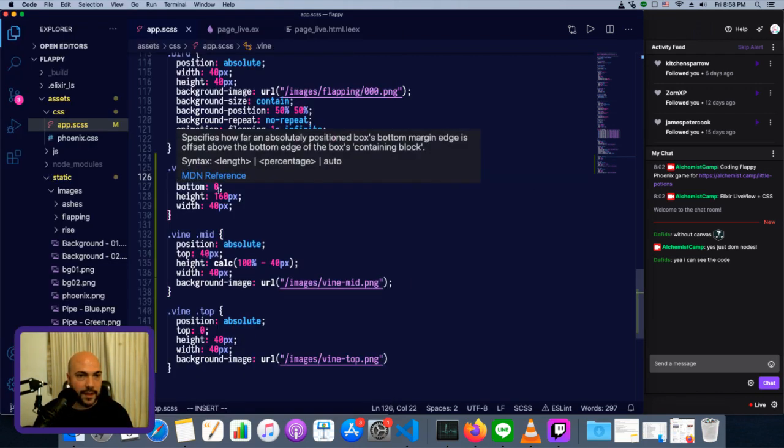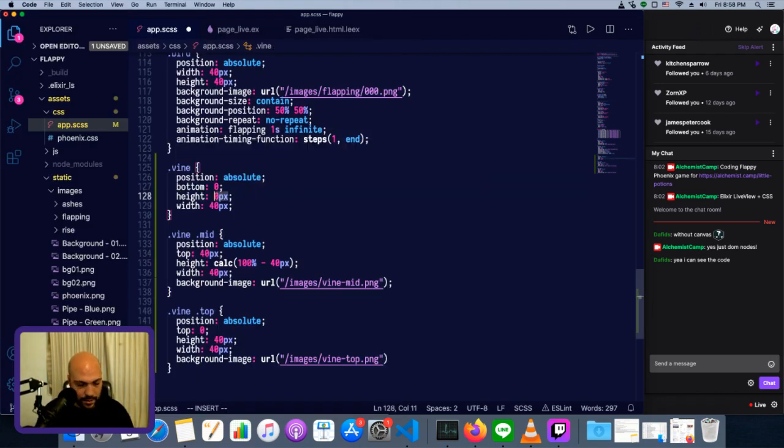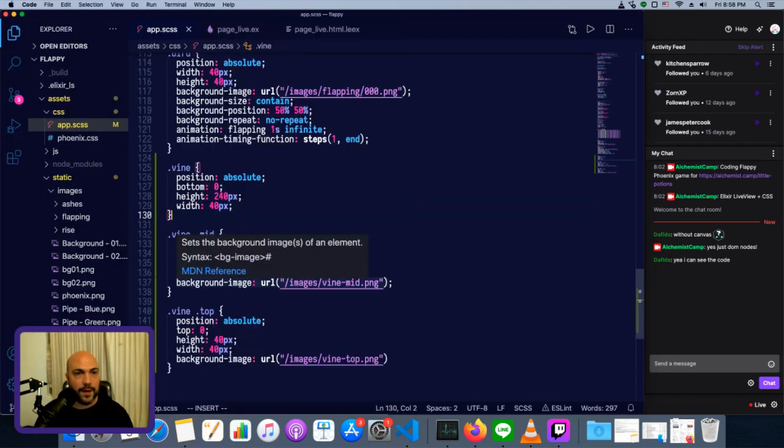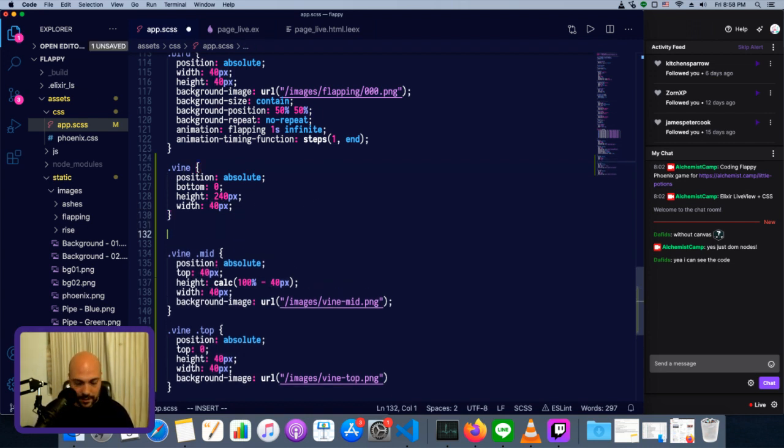And let's make this a little bit bigger. Get 240. Give it a couple more segments. Okay, so that's how we do the vine, or the barrier. The pipe is what it would be in Flappy Bird. From the top of from coming up from the bottom, then there's going to be another part of the vine that's hanging down. So this will be vine.hanging,